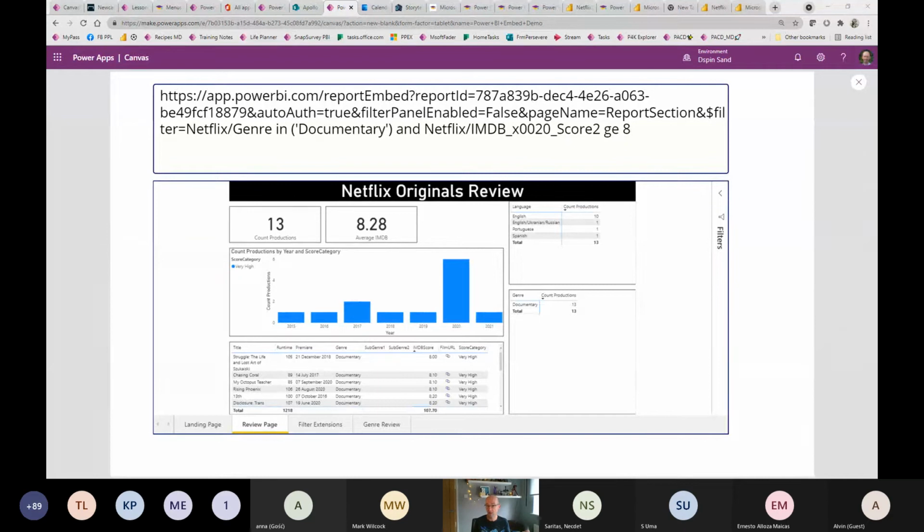Most people understand them anyway. You can get excited about all sorts of other different types of visuals, which is great, but some of them people don't understand. I'm happy with tables, bar charts. It tells a story, and that's